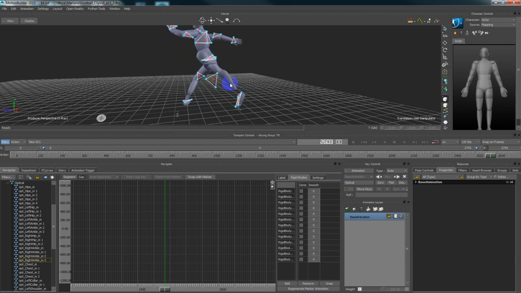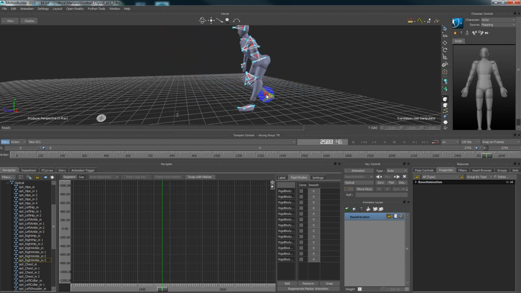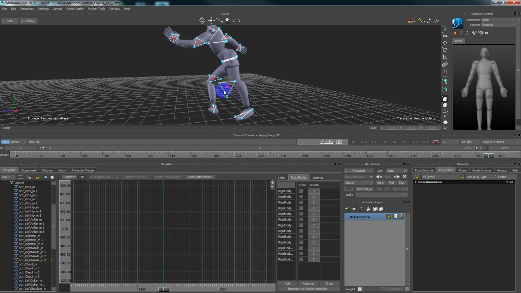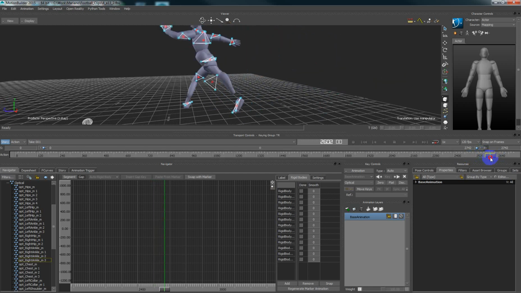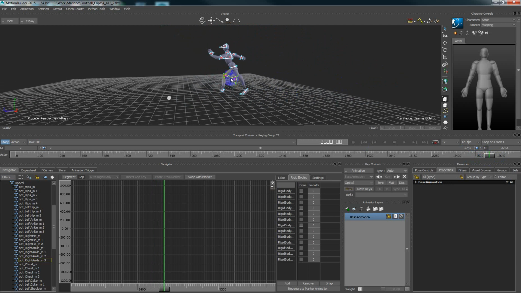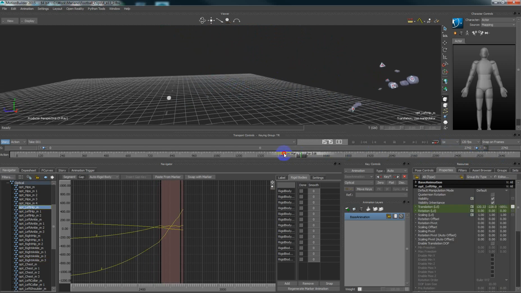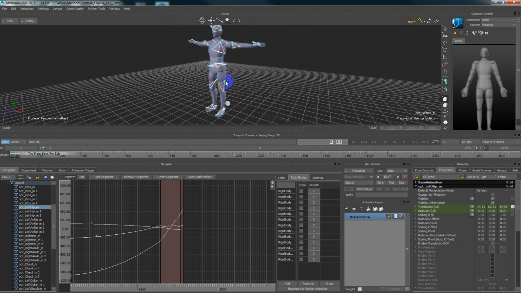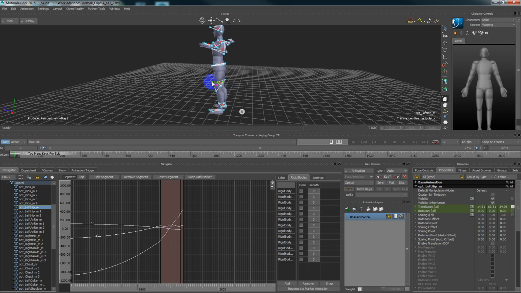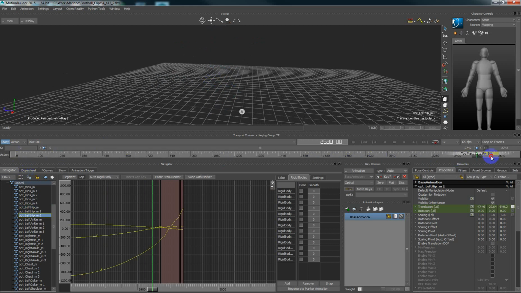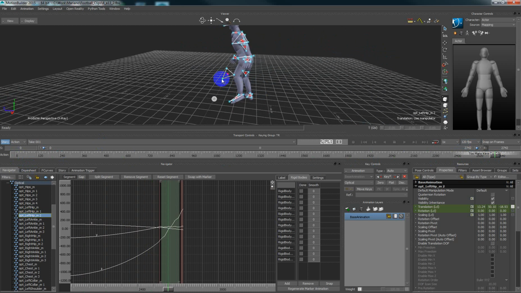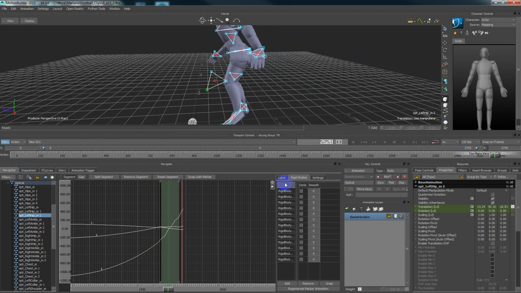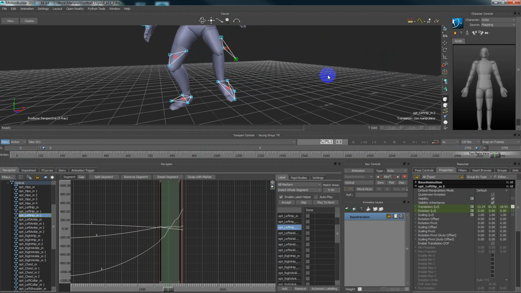There is some problem with the leg, so I think that some markers were swapped during the reassignment, and we need to check that. For example, this is the upper body in front of the knee, and now we can see that here is the marker on the back. So we need to swap these markers to have the same result, and this one should be here. Okay, so let's swap markers to have the correct result for the leg,